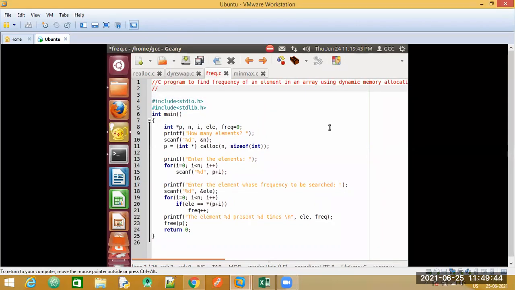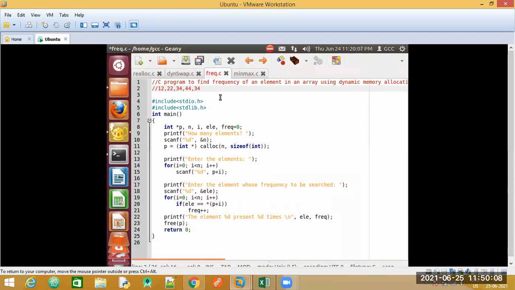Assume that I have an array, and I have entered 5 elements in the array. These are my elements, and these are my numbers that I have entered. My task is to find out which number, and this also I am going to accept from the user.